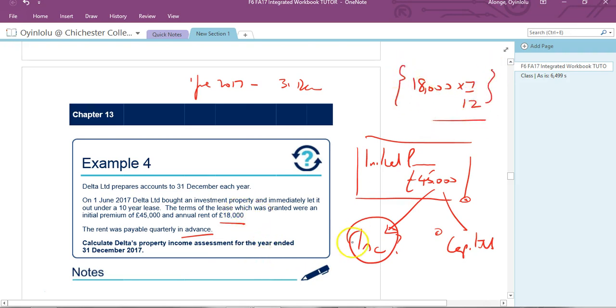So work that out. Of course, read the theory, but I think this is a good way to revise and see what you remember of how to deal with leases. Now, the irony here is that this is for the individual, the landlord.